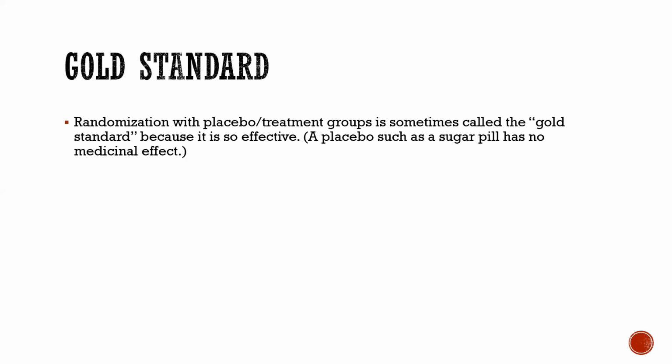So suppose I have some weight loss pill, and I want to know if it works. Best would be if I had two groups, one who takes the pill and one who doesn't. I would want those individuals to be randomly selected. If, for example, you were part of the study and you could choose to be in the placebo group or the non-placebo group,